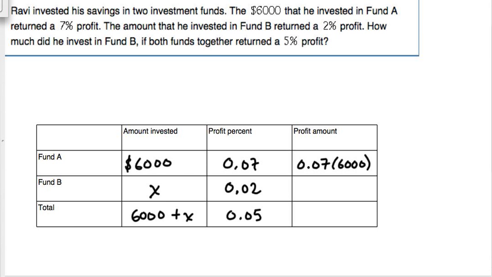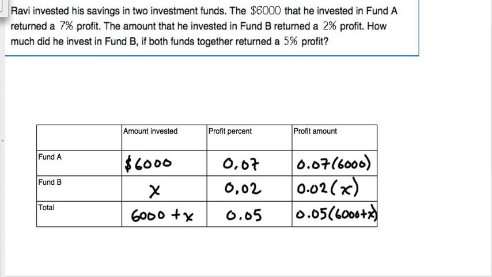For Fund B, it's going to be 0.02 times X. And for the total of both together, it is going to be 0.05 times the total amount invested,